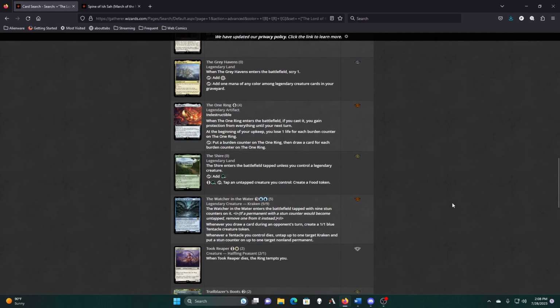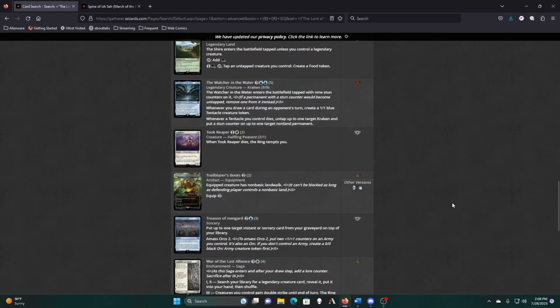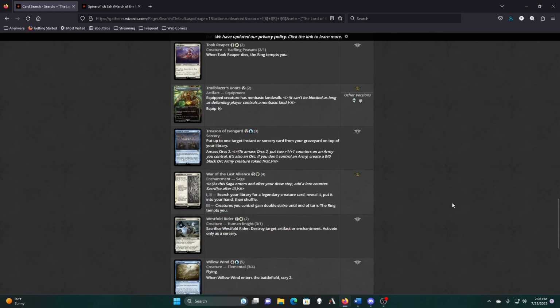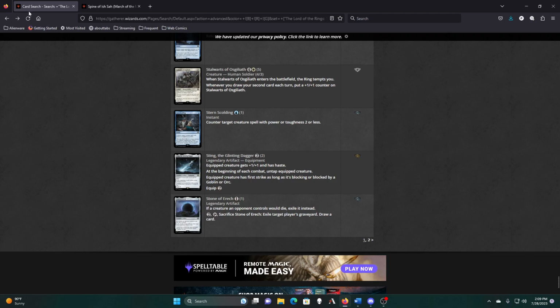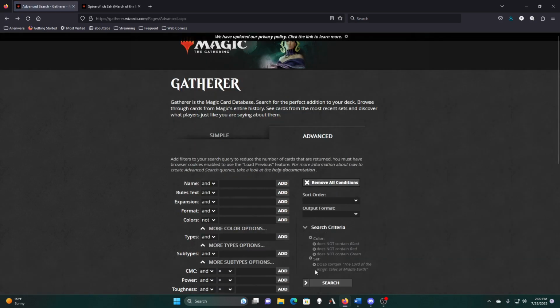So we could run the One Ring. I don't think we need to, though. I don't think that's one of the card advantage cards we desperately need. Wizard Rockets. Okay. And I'm not actually expecting much from the Commander deck either, but...